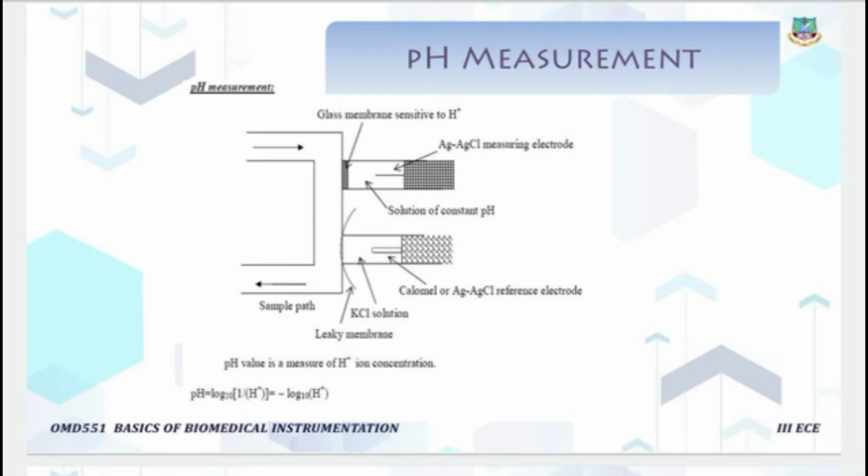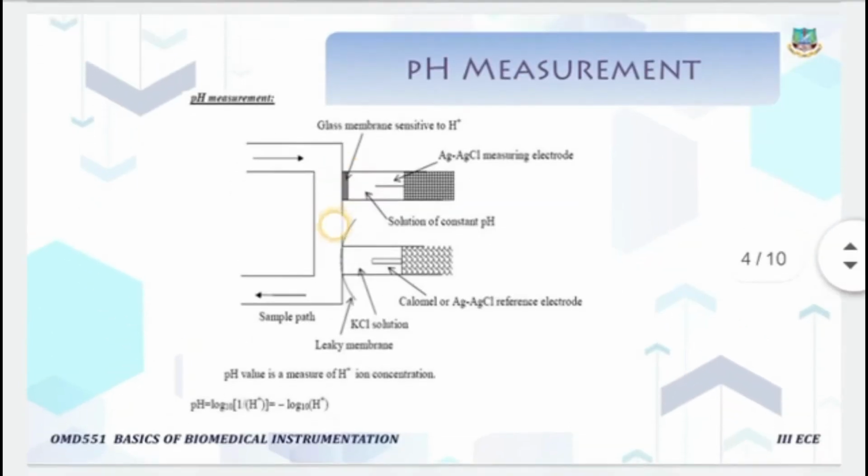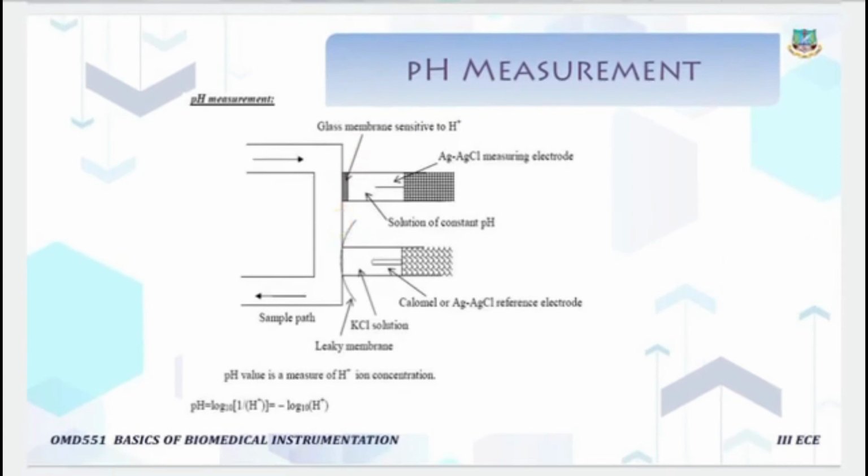We know the samples are passing through this sample path, so there will be some H plus ion concentration on both sides, here and here. So there will be some variation in the potential at the measuring electrodes due to this H plus ions. The reference electrode produces a constant potential irrespective of H plus concentration in the sample. So the change in potential at the measuring electrode is detected by a voltmeter, which has been calibrated in